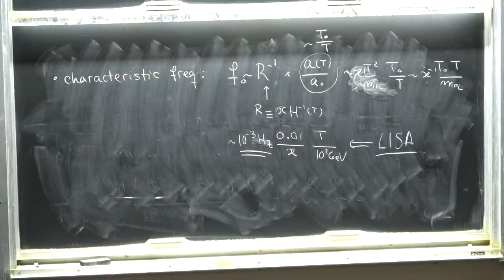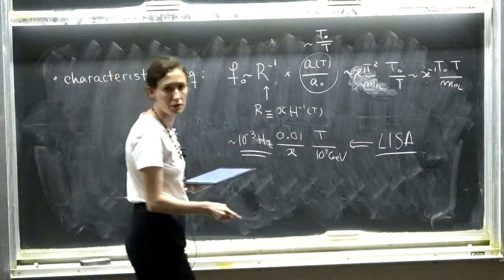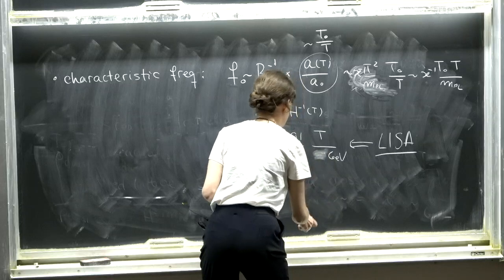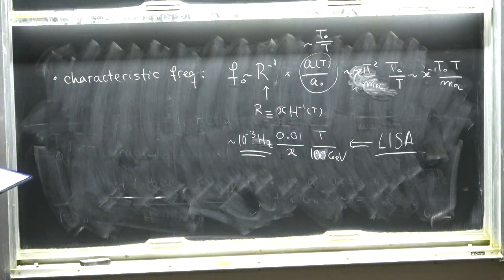Yes? Sorry, just what's the exponent? 10 to the 2. Yeah, so this is just the weak scale. So 100 GeV. Yeah, so this is exactly the frequency range where the upcoming LISA experiment will be most sensitive